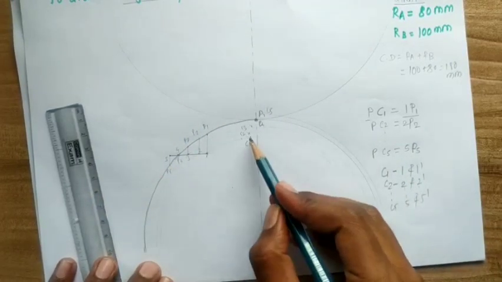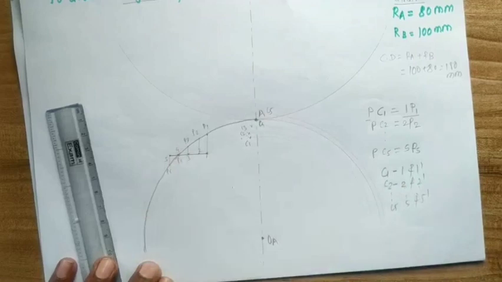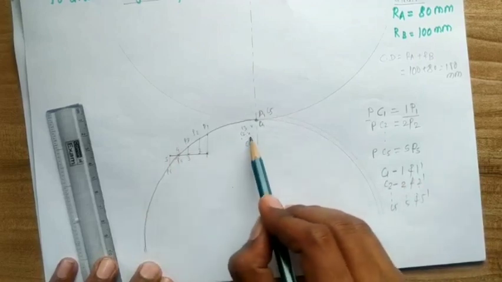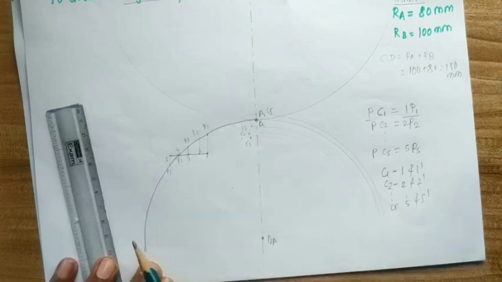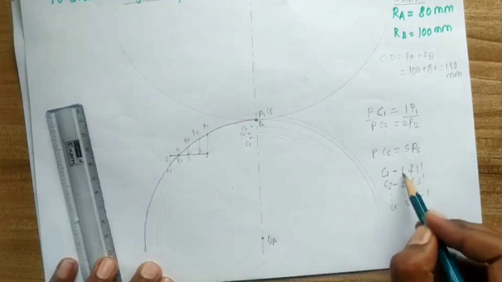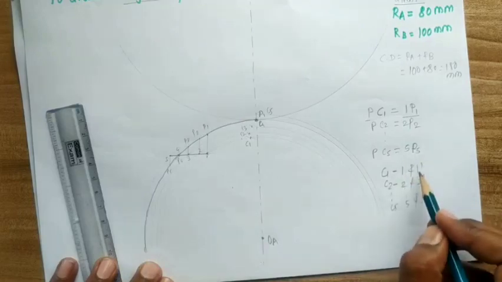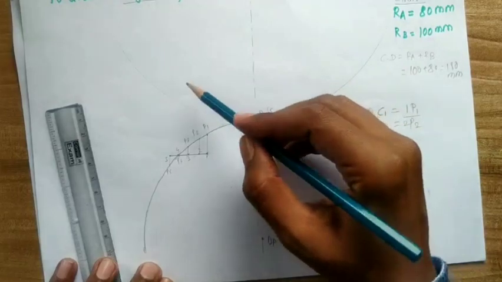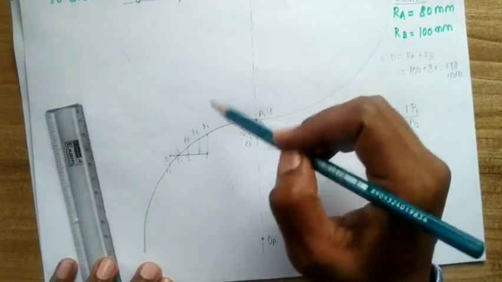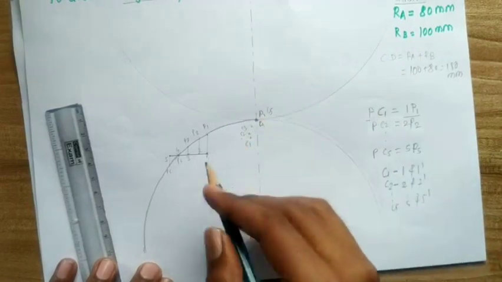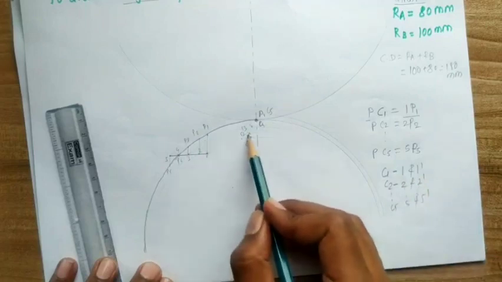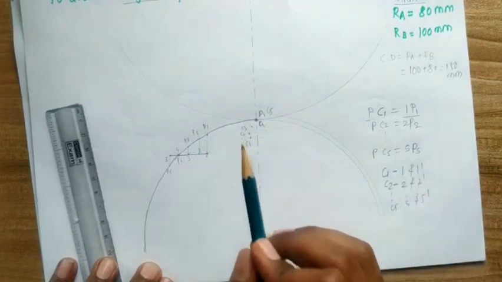For getting this, you have noticed C1 is the point of contact between 1 and 1 dash. If C1 is on the locus of 1, C1 must be on the locus of 1 dash also. What I am saying is, C1 is on the locus of 1, and as it is the contact point between 1 and 1 dash, it must be on the locus of 1 dash also. What is 1 dash? A point on the gear tooth profile of gear B, so its locus of 1 dash must pass through C1. Similarly, the locus of 2 dash must pass through C2. Yes or no?